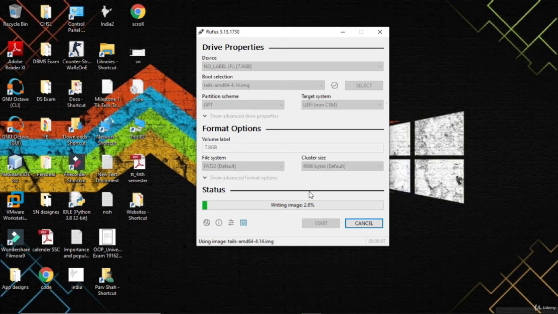It will take 2 to 3 minutes, depending on your computer speed, but after it's ready, your Tails is ready to be run. As you know, after the installation of Tails, we are not going to use Tails through Windows. Windows will not be running while we are using Tails. So we'll have to shut down the computer, go into the BIOS, or we can say boot menu, and then afterwards we'll have to select our pen drive name.